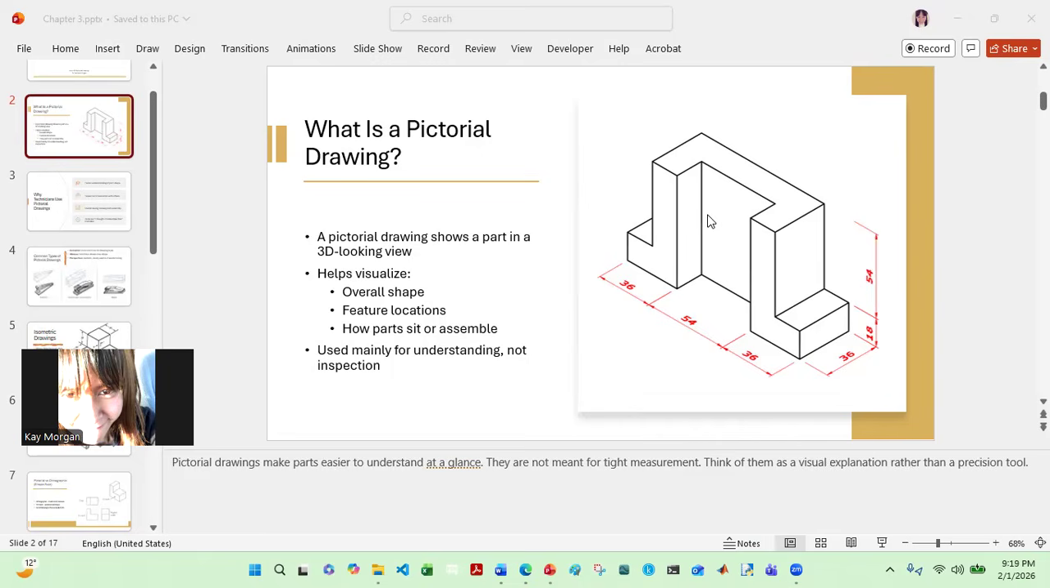Of course the pictorial usually helps you visualize the overall shape of that part. And of course we can also see the feature locations, and how parts sit or are assembled. We can see these things very clearly if we use a pictorial drawing like this. Of course, the placement really matters. So if you put it tilted, or put it horizontal, like 180 degrees, then you're gonna